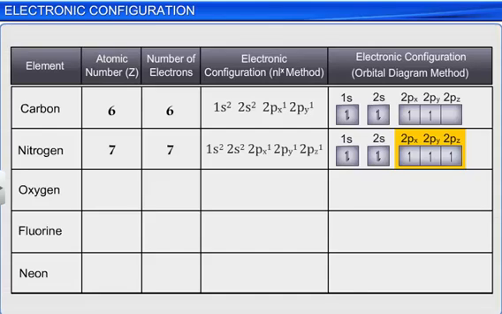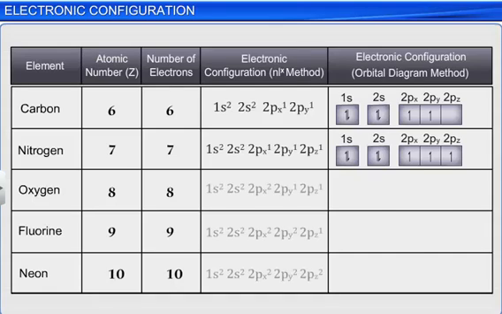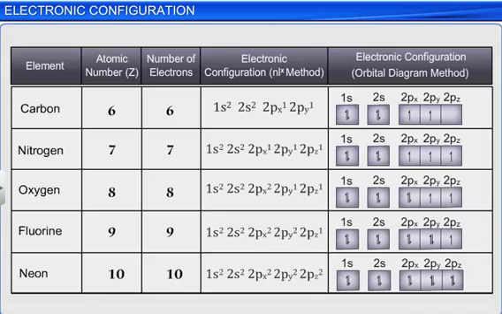Fluorine has 9, and neon has 10 electrons. In each of these elements, after filling the first 4 electrons in 1s and 2s orbitals, the remaining electrons enter into the next higher orbital, 2p. According to Aufbau principle,